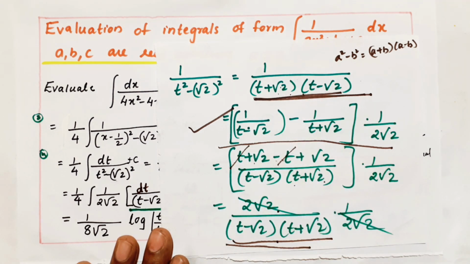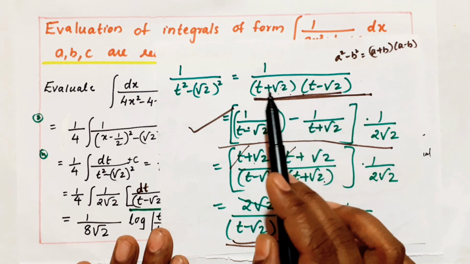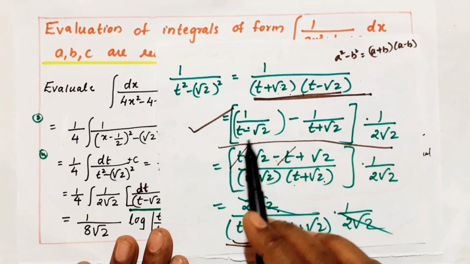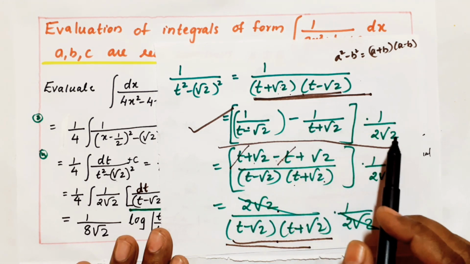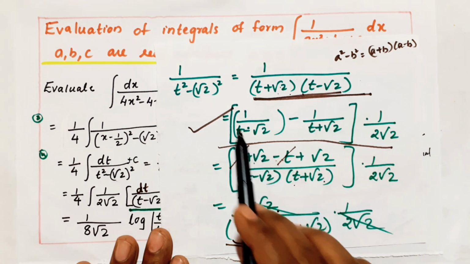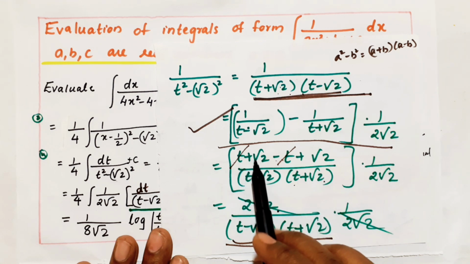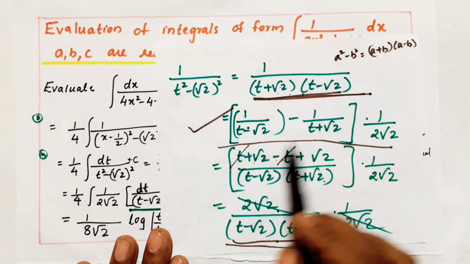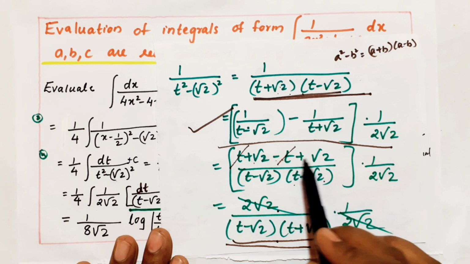So what I understood is, if we need a term like this in the denominator, it can be an LCM of the term. So what I am just doing is 1 by t minus root 2 minus 1 by t plus root 2 into 1 by 2 root 2. We are doing a reverse process. If you take the LCM of this one, t minus root 2 into t plus root 2. Take the LCM here, it will be t plus root 2, this term divided by t minus root 2 is t plus root 2. This term divided by this in numerator, it will be t minus root 2.